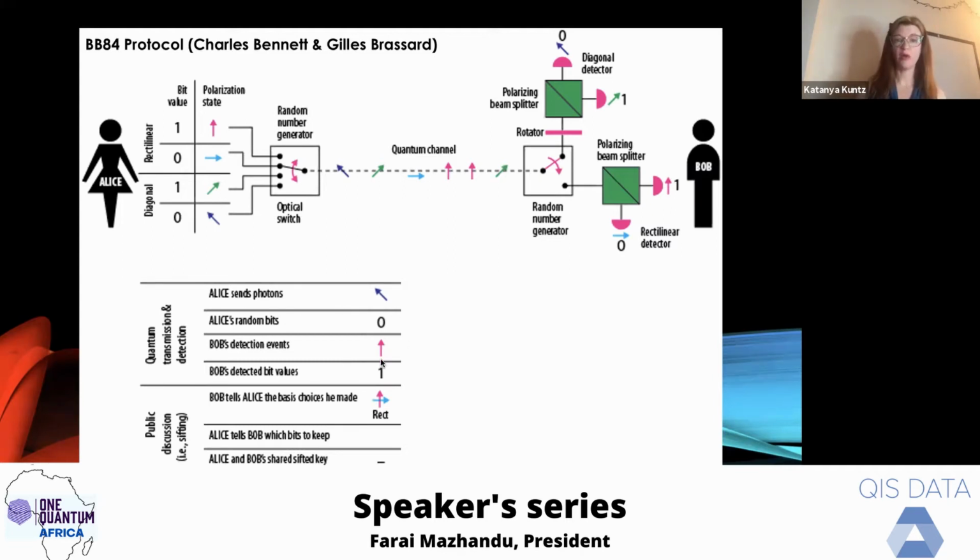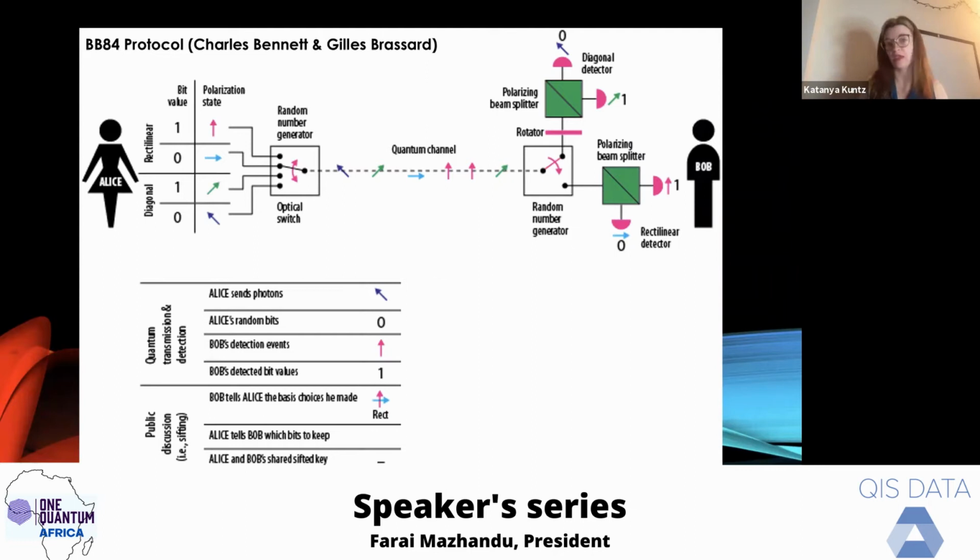So if Bob measures an H, because if you send diagonal light into this horizontal-vertical detector, there's a 50-50 chance that the diagonal photon will click either H or V, because diagonal light is 50% horizontal, 50% vertical, right? So this is why you throw it away. It's a random result. You're supposed to be getting a 0, but if Bob measures in the wrong basis, the result could be 0 or 1.